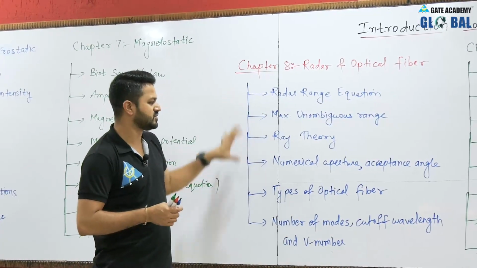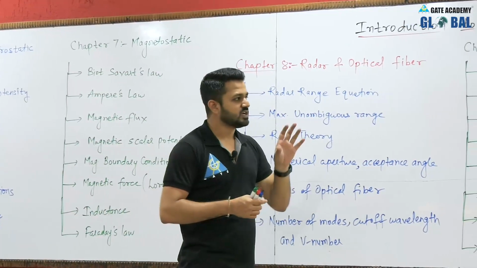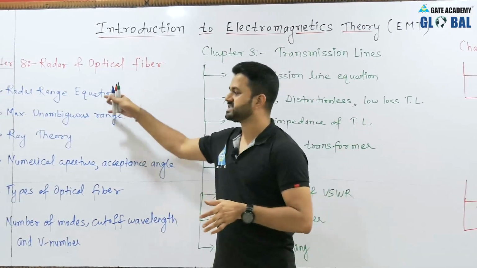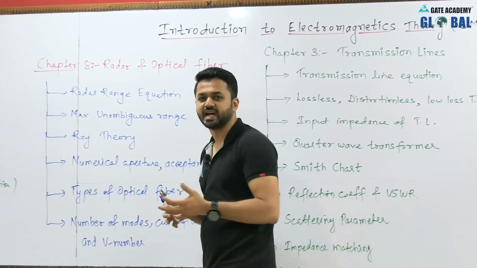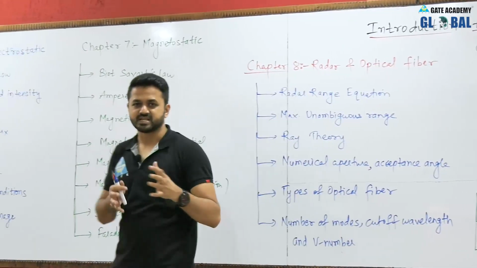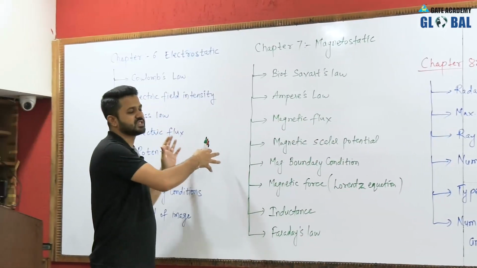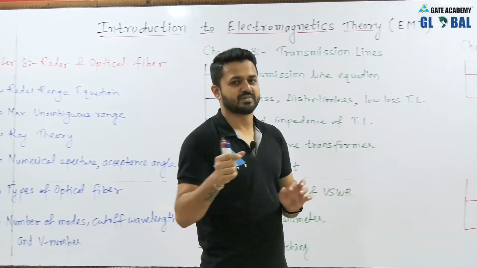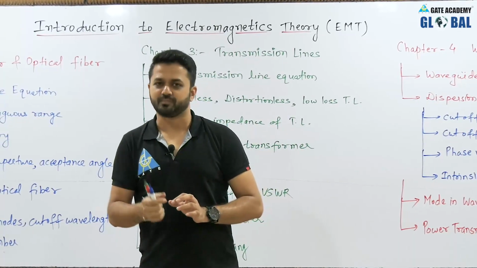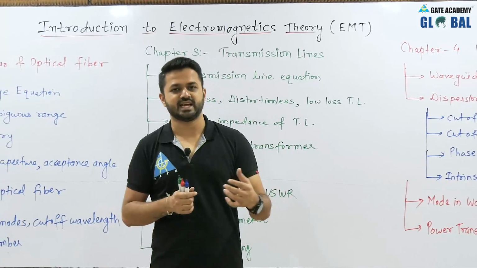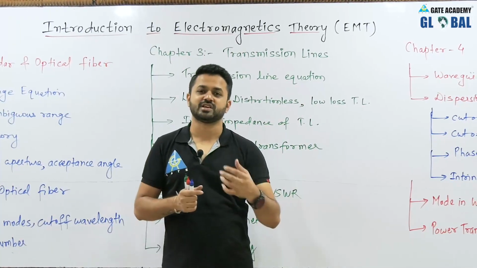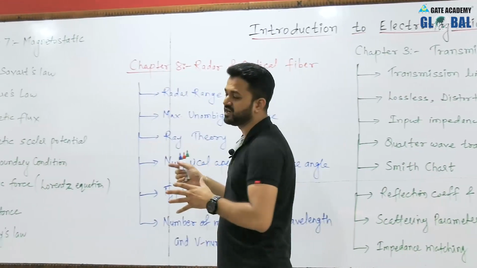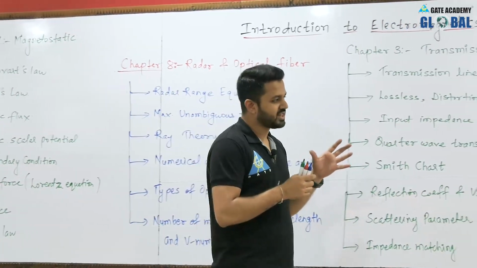The formulas related to these topics are very simple and very easy to remember. So along with the starting 5 chapters that we have discussed, you should prepare chapter number 8, and after that, if you have sufficient time and a good command over the subjects till now, you can prepare chapters 6 and 7, because they have very little weightage. Again I am saying this because chapters 6 and 7 are a bit difficult to prepare. The rest of the chapters are easy to understand, easy to prepare and easy to solve the numericals related to. So this is all about the syllabus of the subject EMT, and